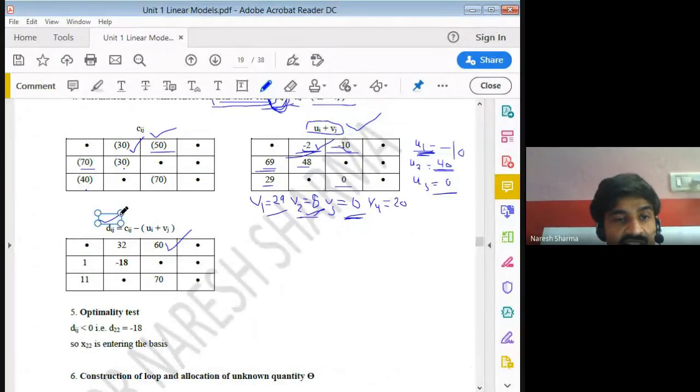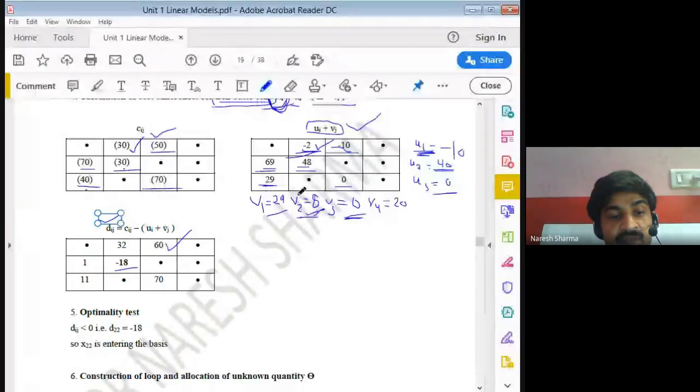So this difference is your 30 minus 48, that is minus 18. Then 40 minus 29 is 11. 70 minus 0 is your 70. So after doing this, we have completed your step 4. So now we can check